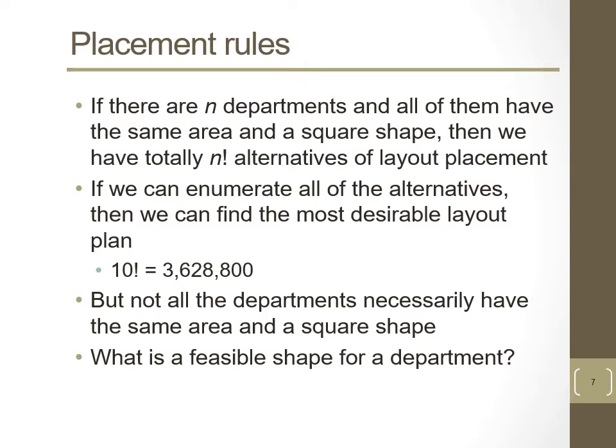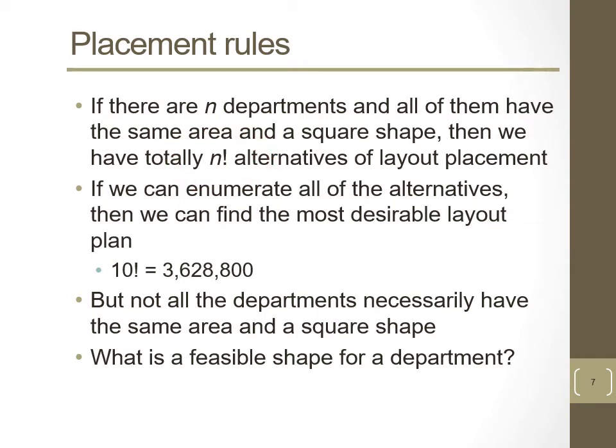For example, let's consider that there are n departments to be placed in our layout. Okay, and let's consider a very simple example. Assume that each of these n departments has the same area. All of them require, let's say, 10 square meters, and all of them will have a square shape. It's a very simple case. Then if you want to find a placement, in total there are n factorial different alternative